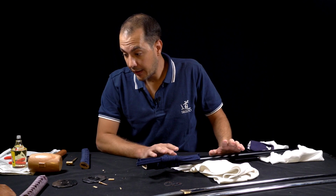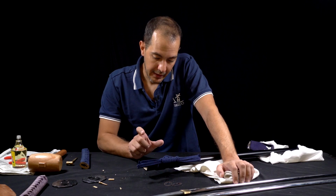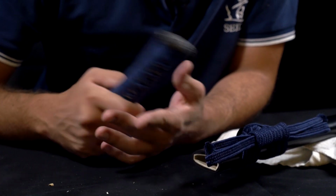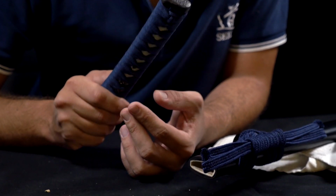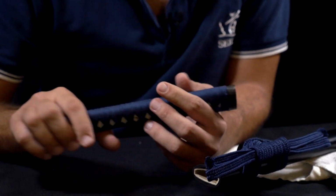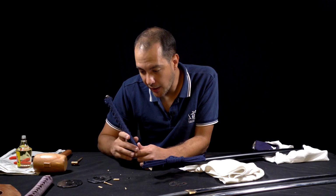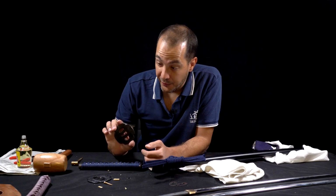An Iaito doesn't need any specific care. It's aluminum alloy, it won't rust, so you don't need the maintenance kit that you need for a Shinken. However, those pieces are made most of the time of iron or copper. It rusts. And depending on how you sweat and what your sweat is made of. Some people have sweat that contains lots of salt. Some people have a rather acidic sweat, which also favors the rusting. So if you are that kind of people who gets their sword pieces rusted fast, like this one,